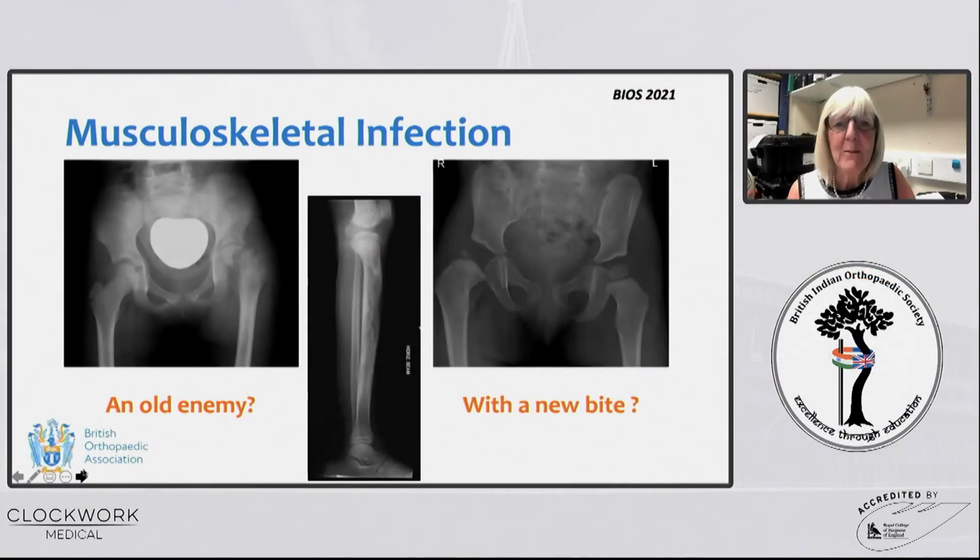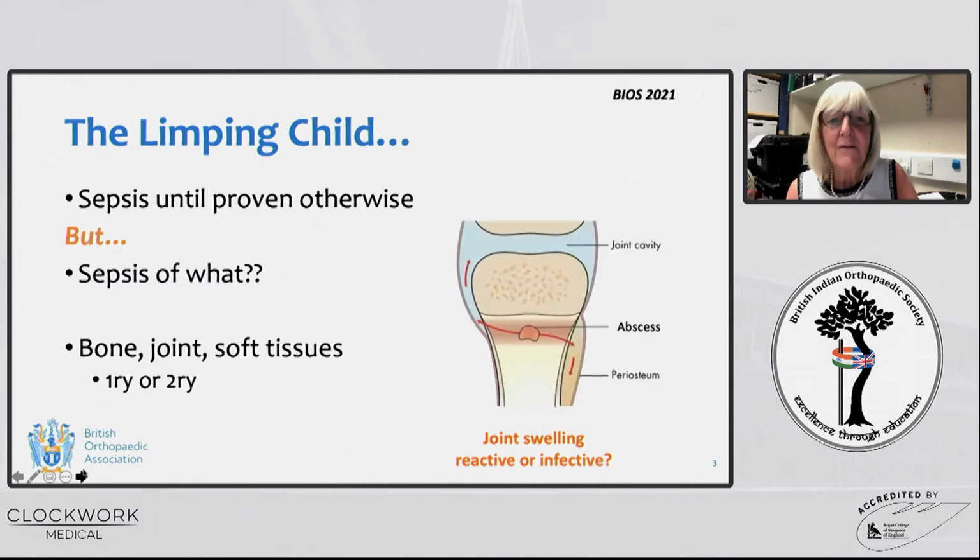So I'm going to talk to you about musculoskeletal infection in children, an old enemy with perhaps a new bite. If we're talking about the limping child in this webinar, we're talking about sepsis until proven otherwise, but sepsis of what? The bone, the joint, or the soft tissues? And either of those infections can be primary or secondary. So one of the big questions is the joint swelling reactive to the nearby osteomyelitis, or truly an infective process